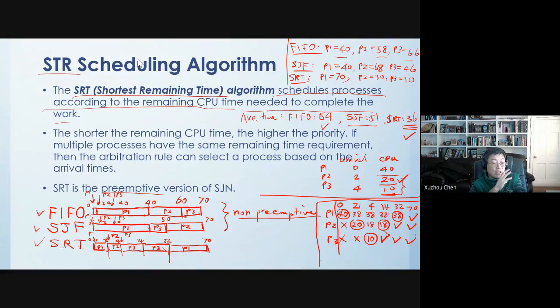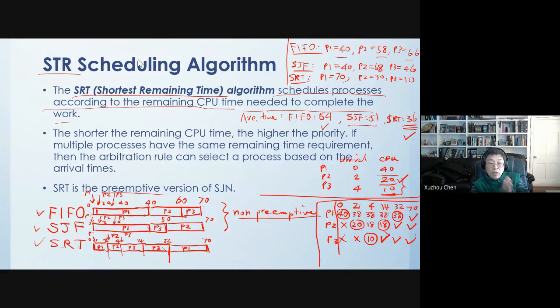Because if the shortest job actually waits less and completes first, then in terms of average, the waiting time is relatively small. Okay, so that's the reason why the shortest remaining time first is the best in this case. Now, the actual case is more complicated. Even though we say SRT is the best